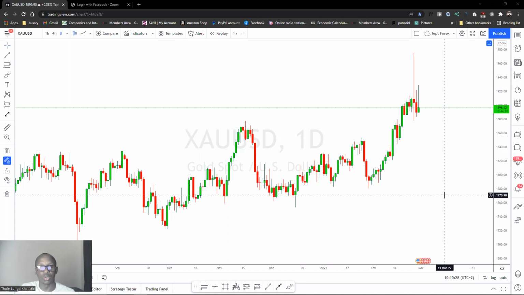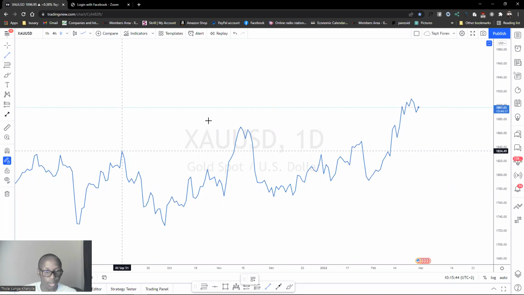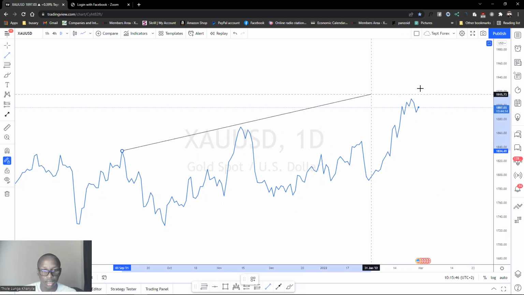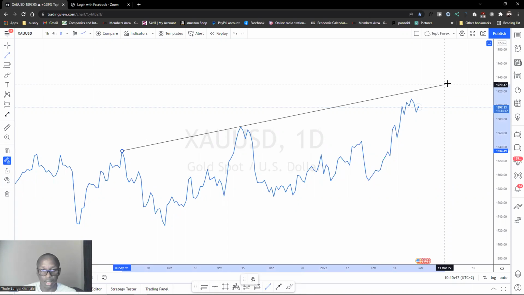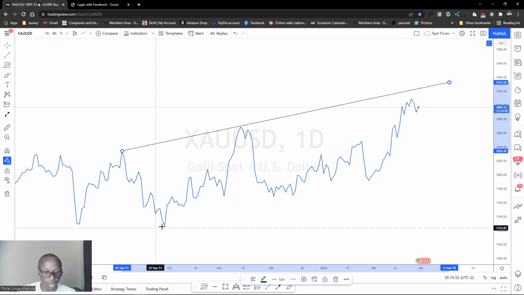I want to show you how to use trend lines in your Forex trading. So we're currently on gold daily time frame. Let's quickly take our trend line and maybe switch to line charts, and we will construct our points like this all the way up. Then we want to look for another matching points. Then we start from this one